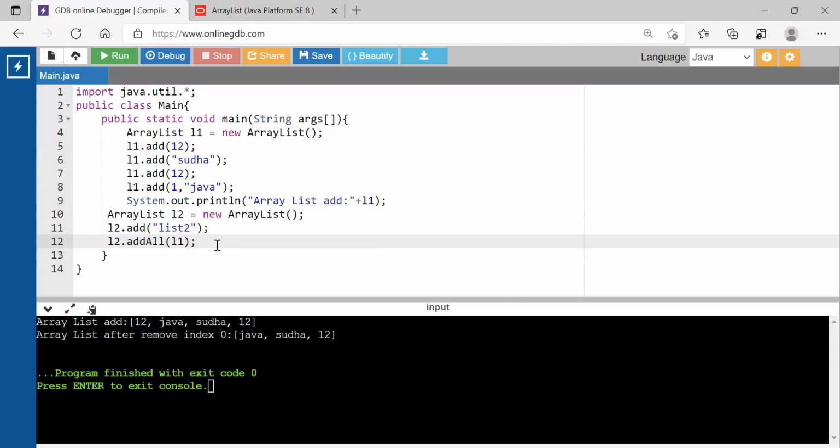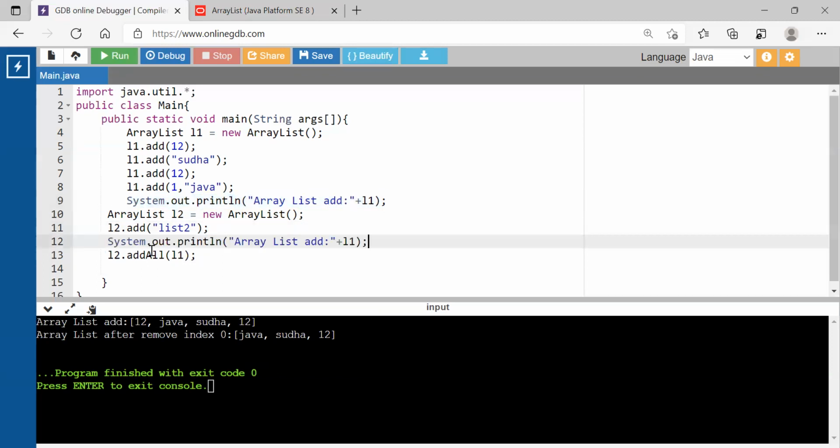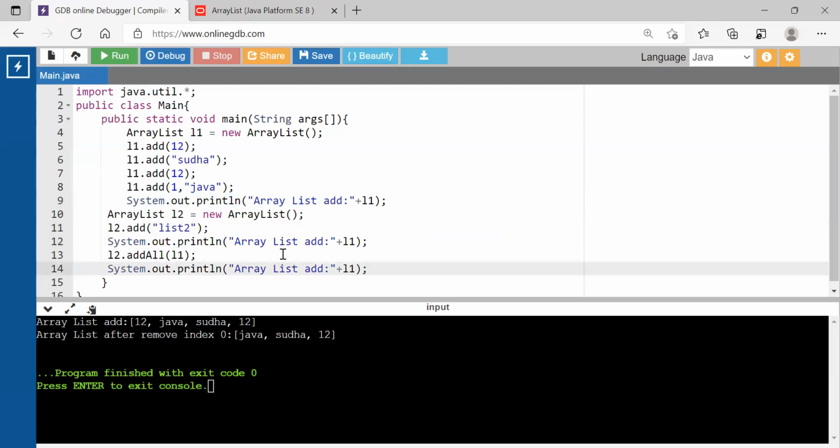Let me actually print list L2. I'm printing it after all this, so this is L2 and this is also L2. Fine, let me execute this.